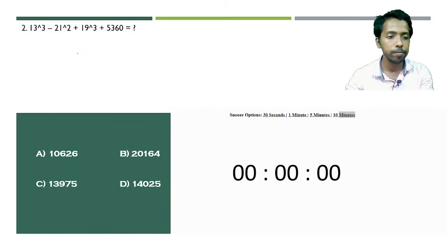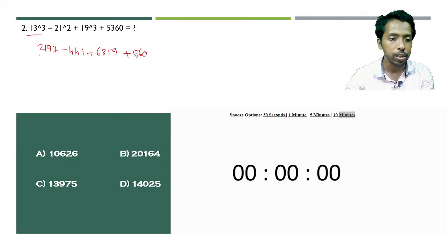What's the answer here? 13 cube. I told you earlier to remember all these values, cubes up to number 20 and squares of the numbers up to number 30. This is very basic. You have to remember it at the back of your mind. Right, so this is 2197 minus 441 plus 19, that is 6859, and plus